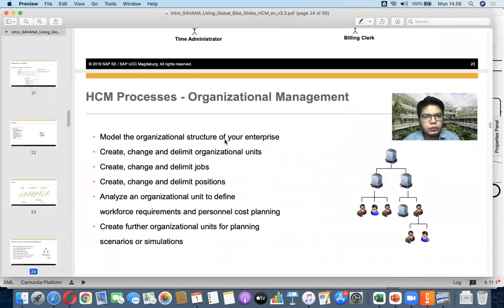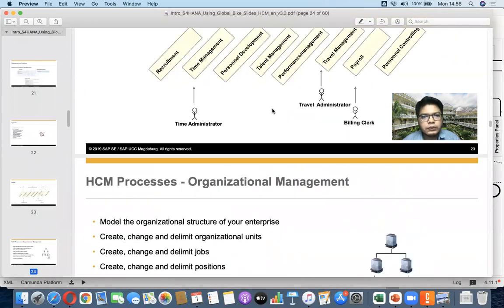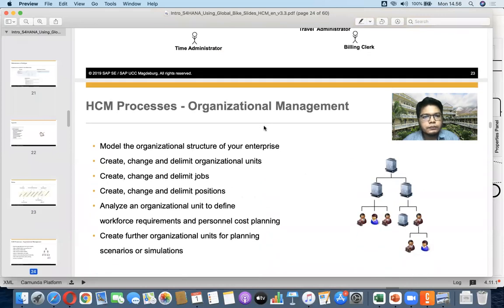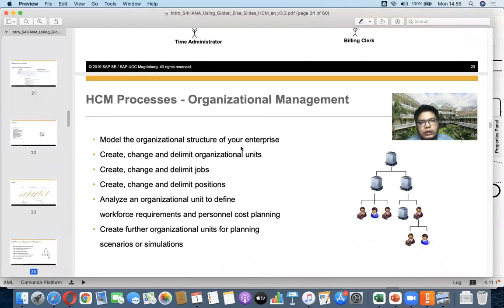the process. Basically in organizational management, first we model the organizational structure. This is only conducted once if there are no major changes. This is not yet related to human capital, but more to organizational design. We design and manage the organization by creating its structure, so usually at the beginning, we create the structure.